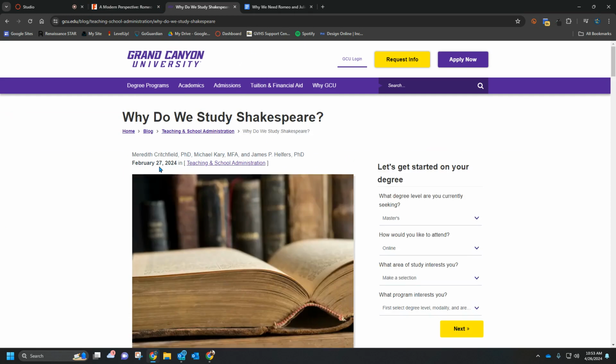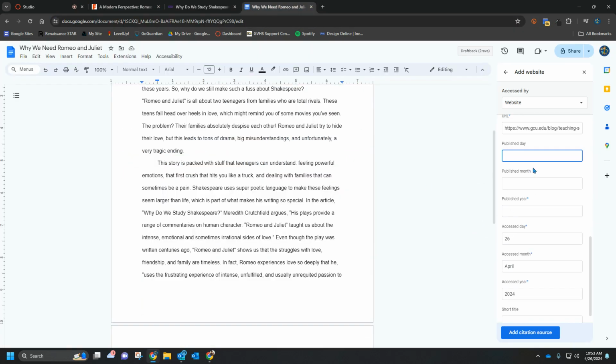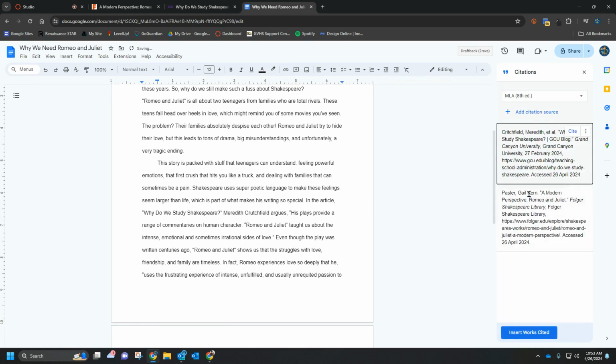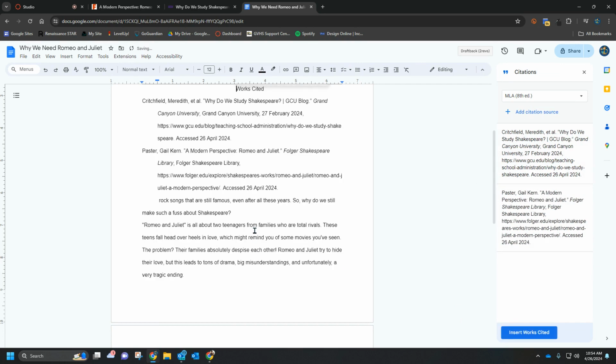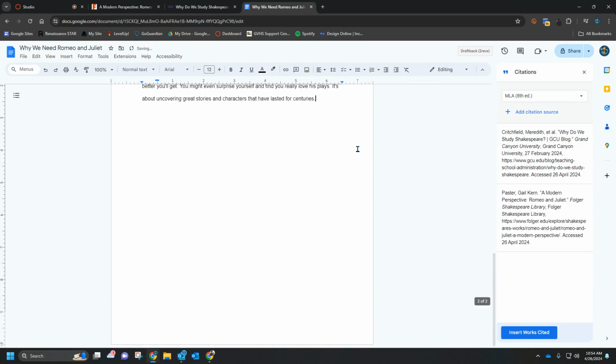Published day, month, and year. I thought I saw a date, February 27th, 2024. So 27 February 2024. All right, and then I'm going to click Add Citation Source. Good, I have them both in here. And then I can actually insert a Works Cited page. I just click this blue button right here, and I need to put it in the right spot. I should put it on its own page, so I'm going to come down